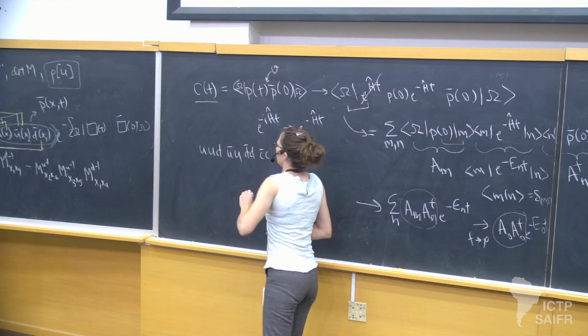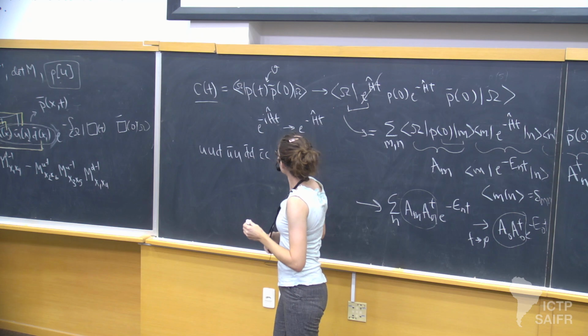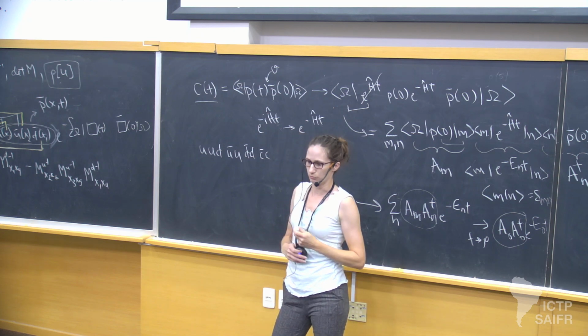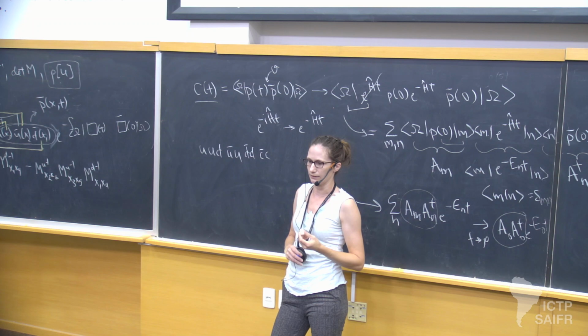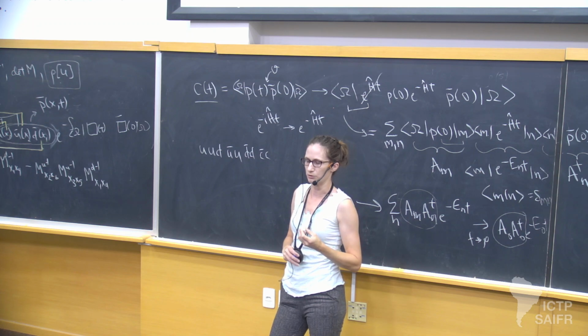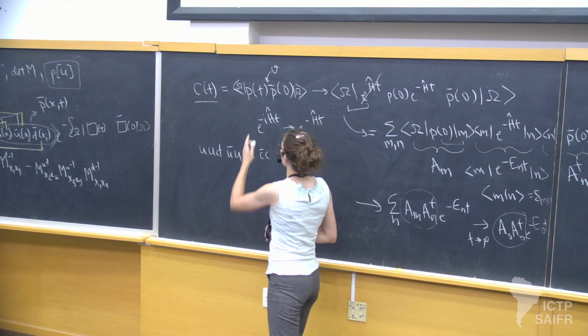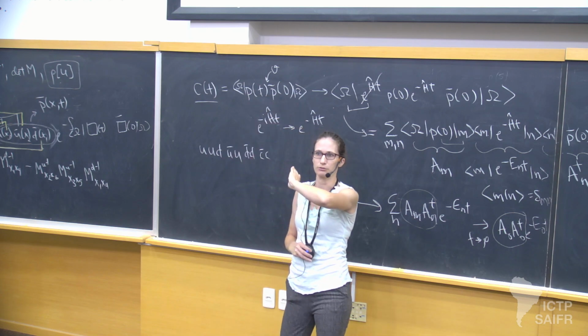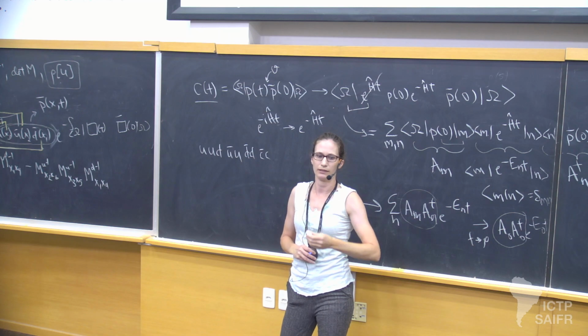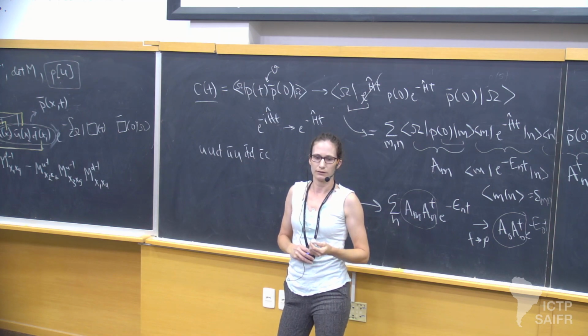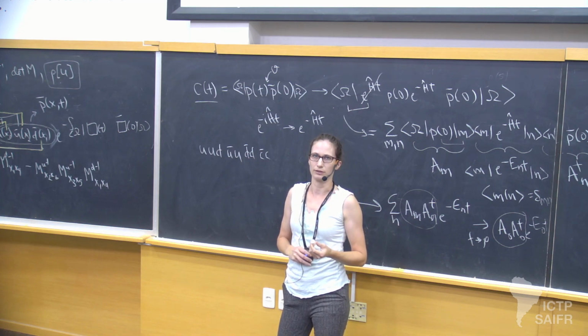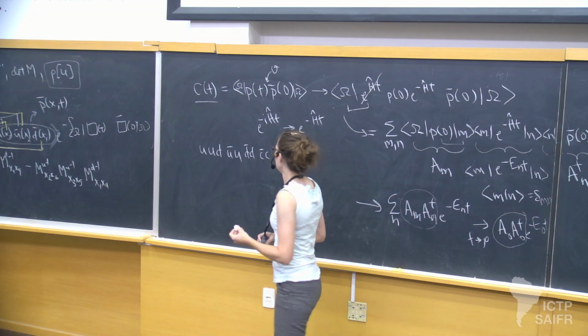So chiral symmetry, what does chiral symmetry do? It tells us that certain operators which do not obey chiral symmetry should not contribute to such objects. So if I had an operator, I'm trying to think of an actual explicit example, and I can't off the top of my head, but